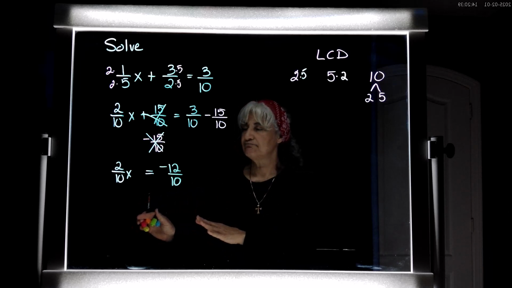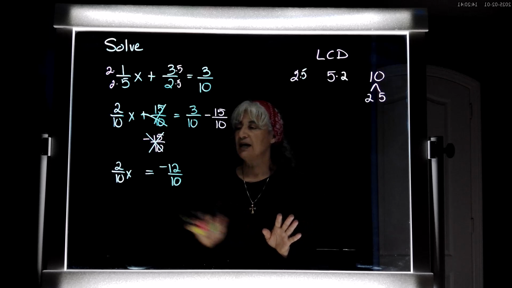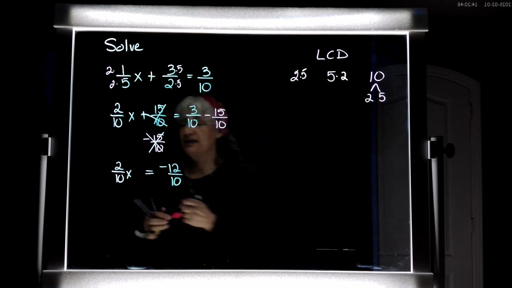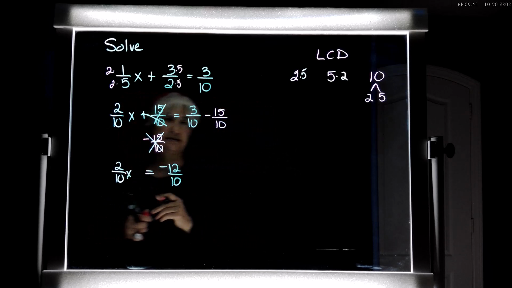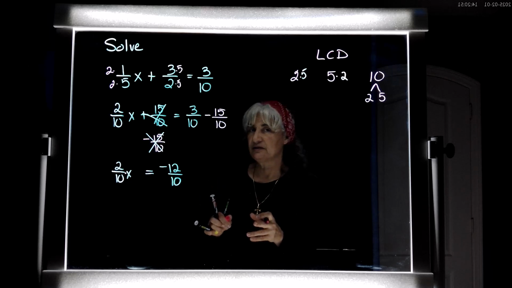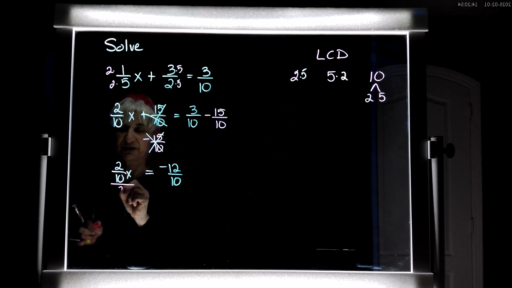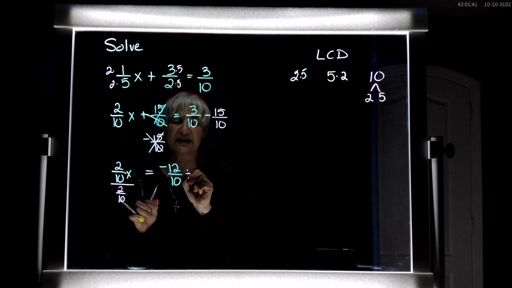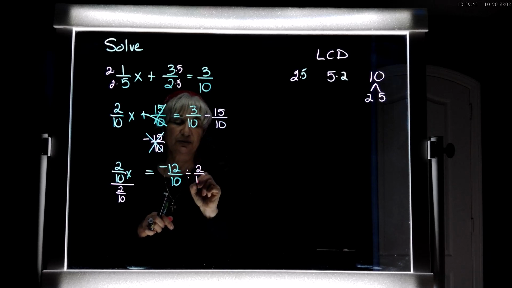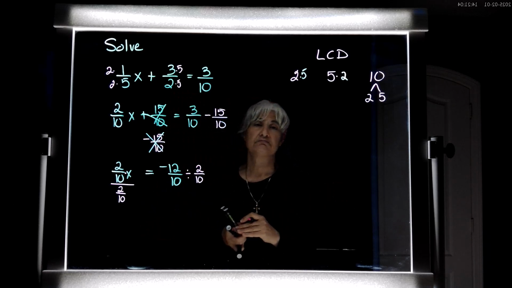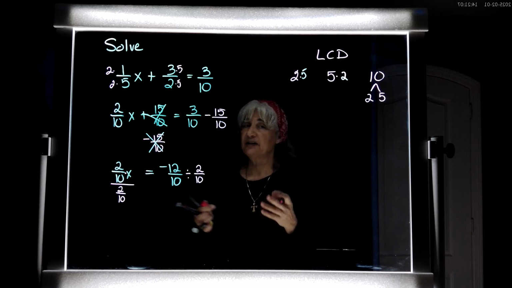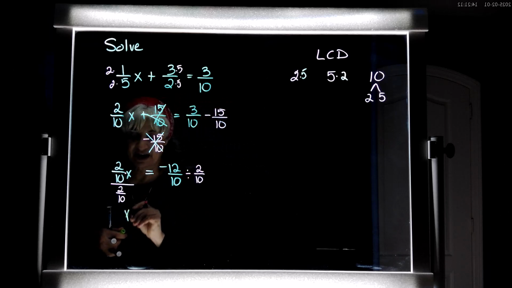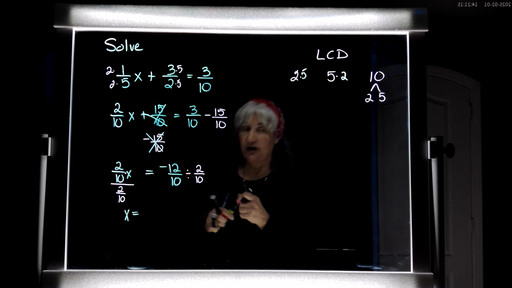X's are on one side, non-X's on the other, but I still need that X by itself. Yeah, I have to get rid of the 2 over 10. And it's multiplied, isn't it? So then how do you get rid of it? You divide. Since it's multiplied, you're going to divide. On both sides, right? Okay, so on this side, I choose to write the division problem like this. It's the same. I'm still dividing. Which means over here on the left, I have x. And over here on the right,